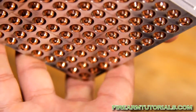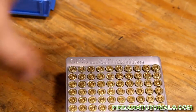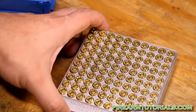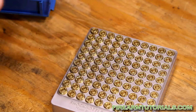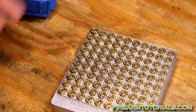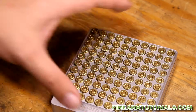But that's it. So the only downside to this is it's an expensive little tool. MSRP on this is, I don't know, a little over $100. You can find it for right around 100. But you know, you figure if you buy a Dillon dedicated one cartridge case gauge, the round ones, those are going to be around 20 bucks. So to do one at a time would be a real pain in the butt. So you get this, at least you can do